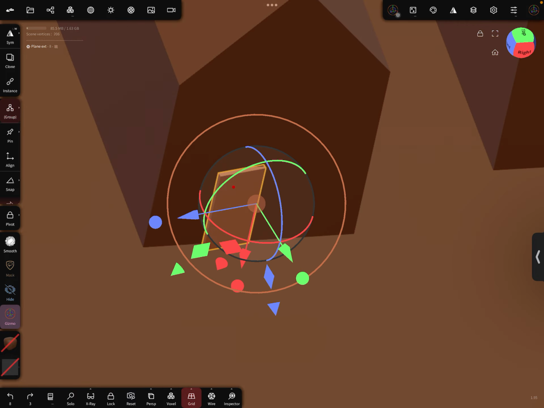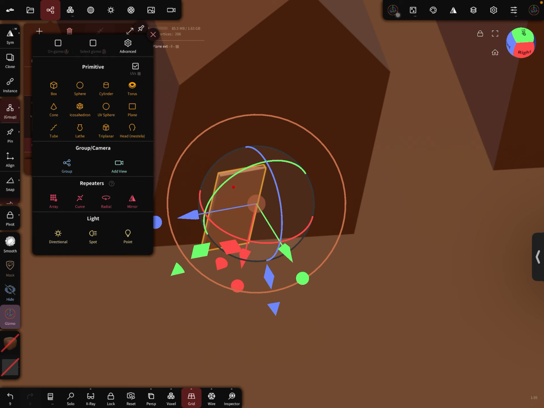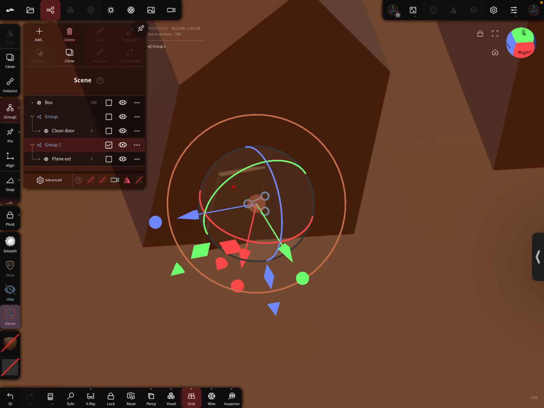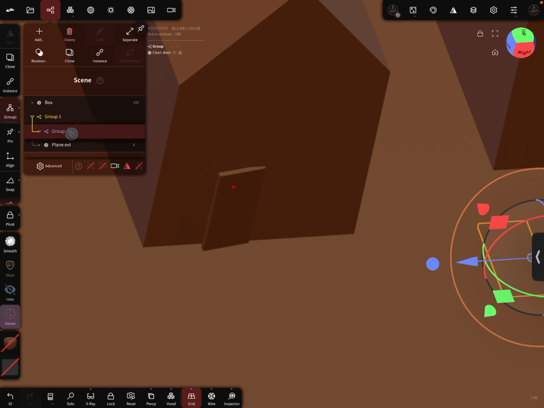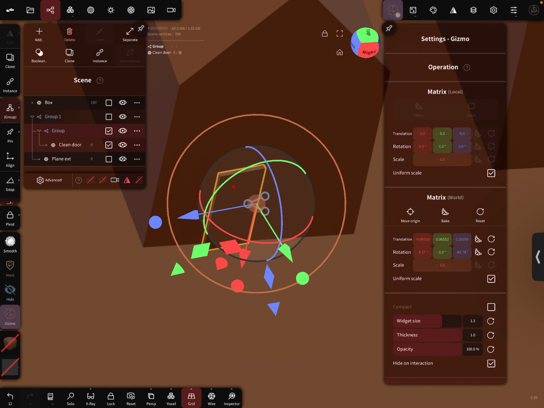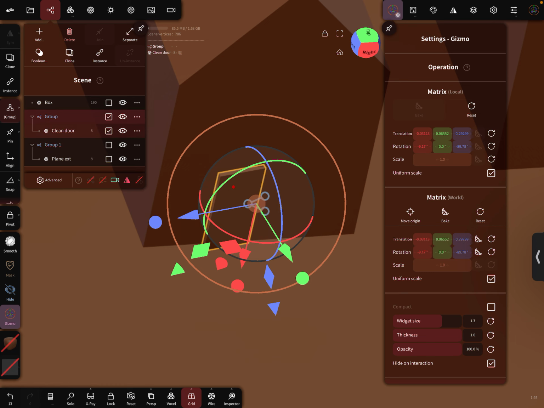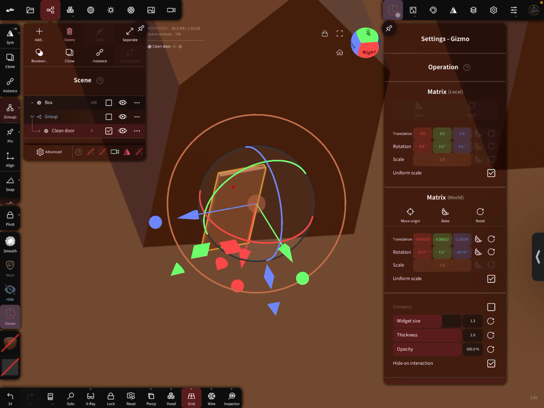What I want to do here is I need to select this door. I'm gonna unparent them. That's why I named it clean door, because I'm gonna create here a new group, right? So this is the dirty door, right? So we're gonna put this one in this location as a child again. We're gonna reset everything, and now we're gonna unparent it, right? So now you could actually come here and delete this group, and if you would export now,